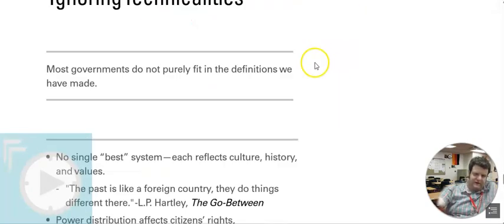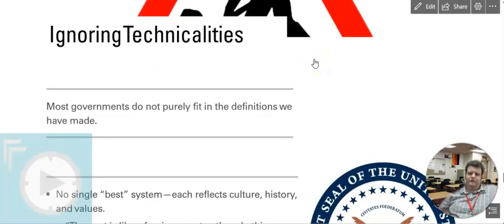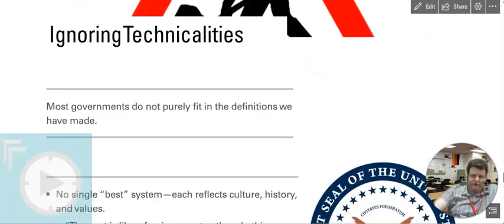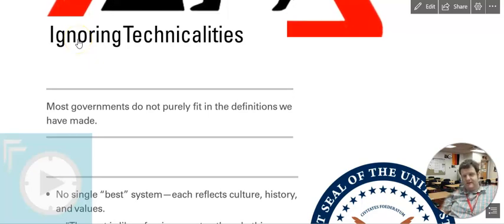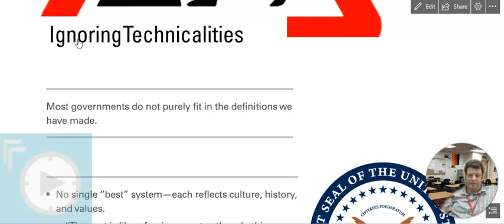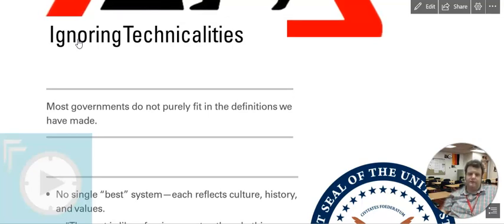Let's ignore some technicalities. To be brutally honest, most of this lecture has been in technical terms. These terms are great for debate in political theory. They're great for debate in editorials. They're great for talking about and trying to simplify things into models. However, you have to remember all the terms we just went over are models. There's very few pure examples of a federal system. There's very few pure examples of this, that, and the other thing.